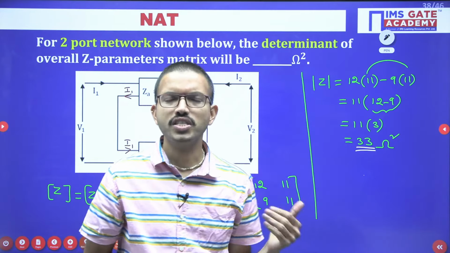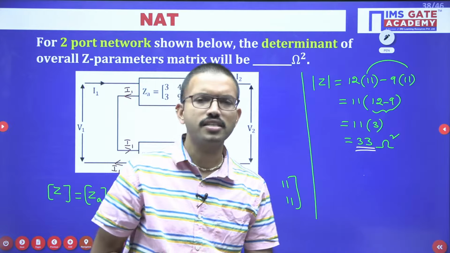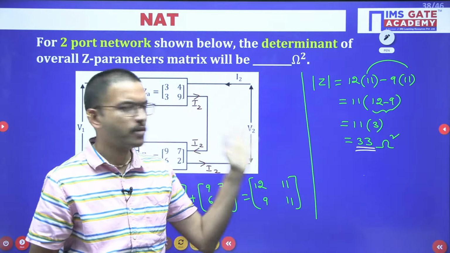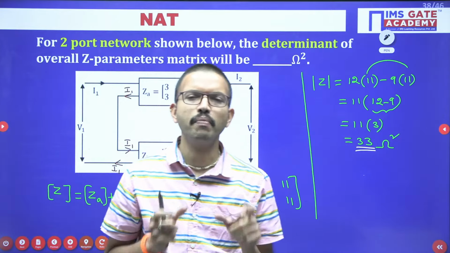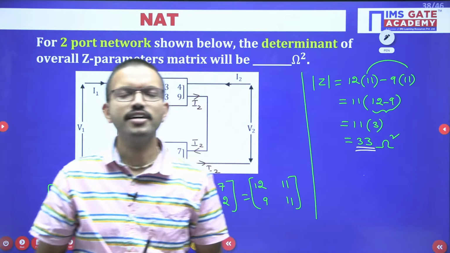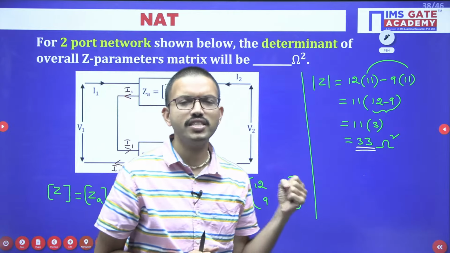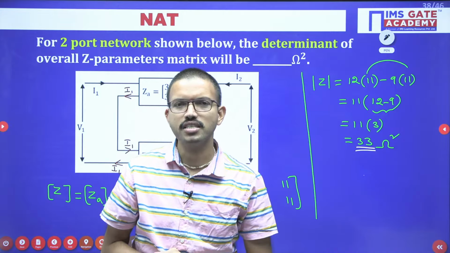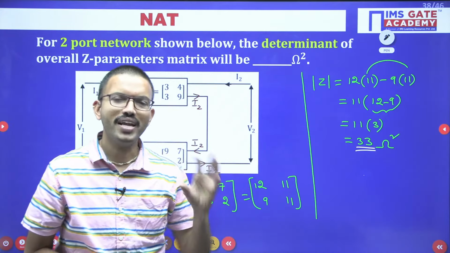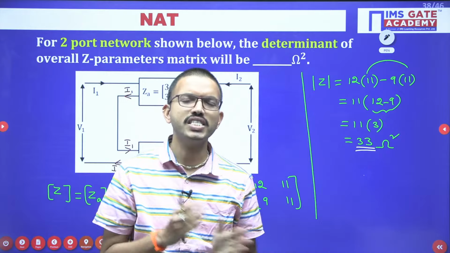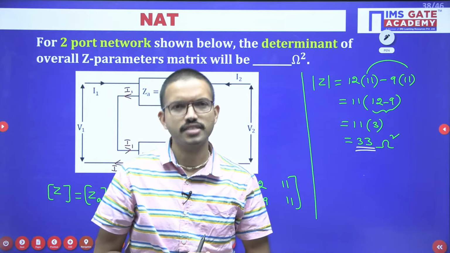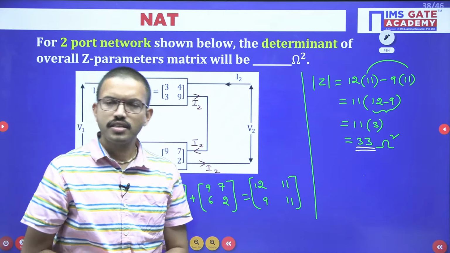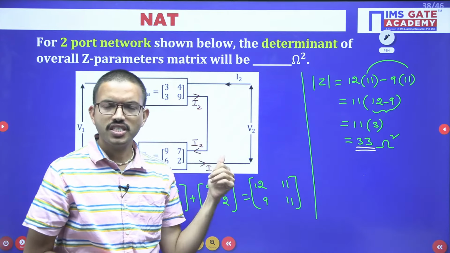Ultimately, I asked in those questions either current or voltage or power, etc., across a particular branch. But whatever the network I have provided, I made those networks in a logical manner, because in general some of the students, while solving these questions, may apply star to delta, delta to star. But the most interesting thing is that without applying star to delta, delta to star, by using series and parallel connections we have done the simplification, right? After that we have discussed a variety of questions regarding resonance concept and superposition theorem also we have